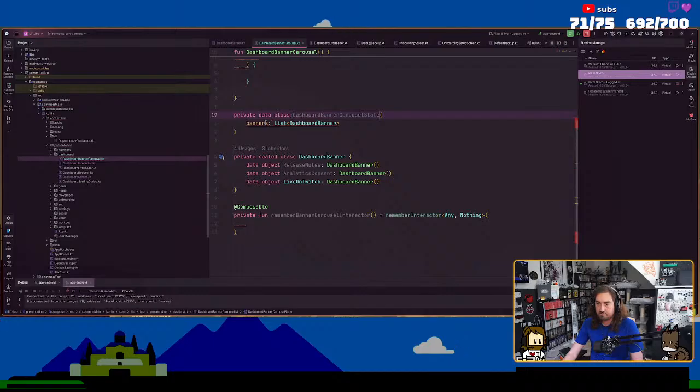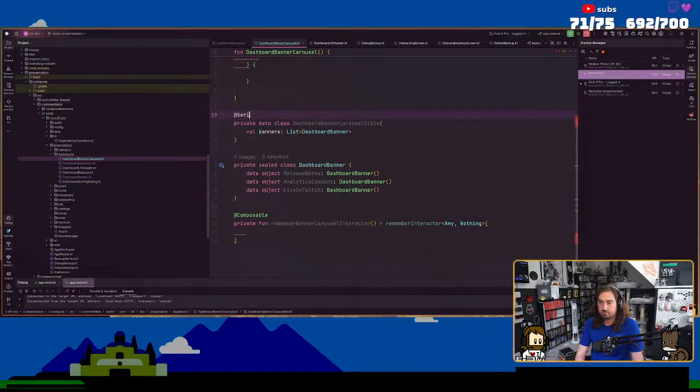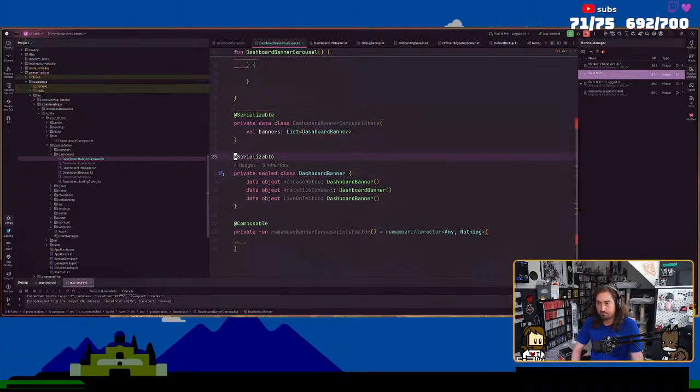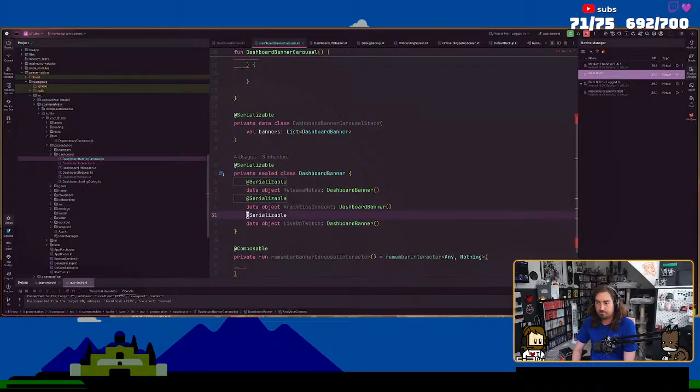So then, all right, val, and then this also serializable. And then we just do a bap, and we do a bap, and a bap, and a bap.